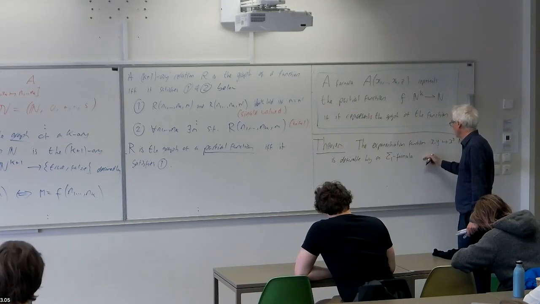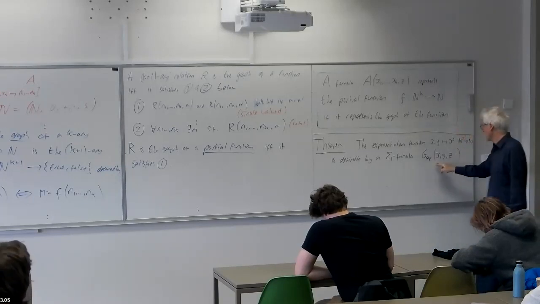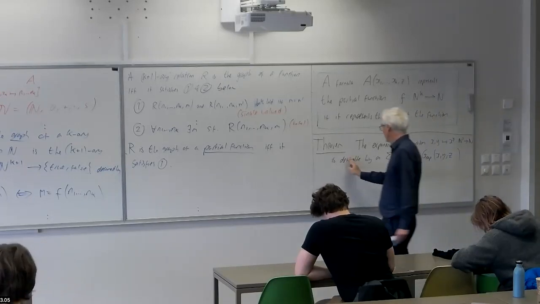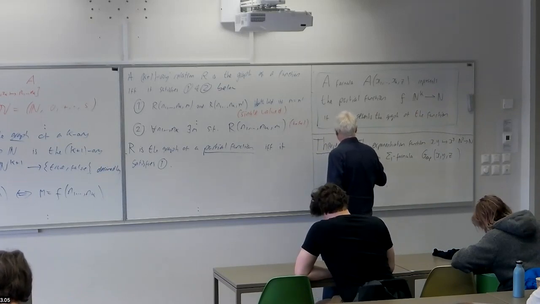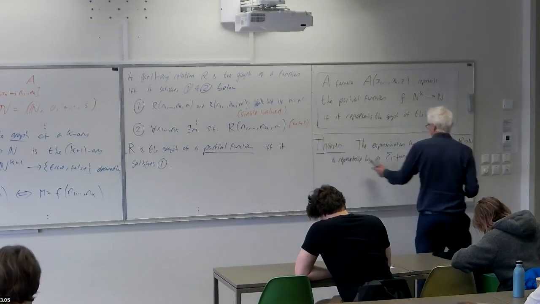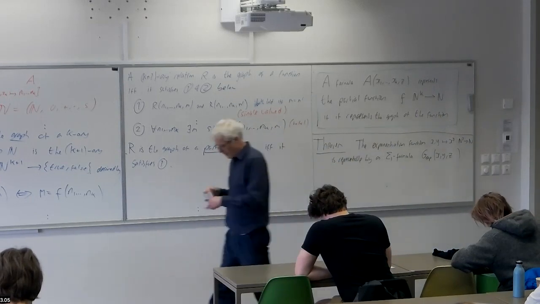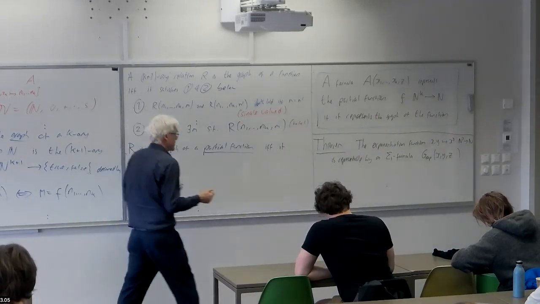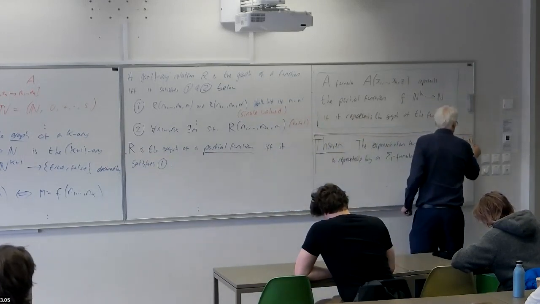Let's say G(x, y, z), which is going to have 3 variables. It's representable, or one could say definable as well, it wouldn't be wrong, but it's representable by a sigma 1 formula. 3 variables, so the last one is because we're representing the graph of the function. Right, so that's what we want to prove.